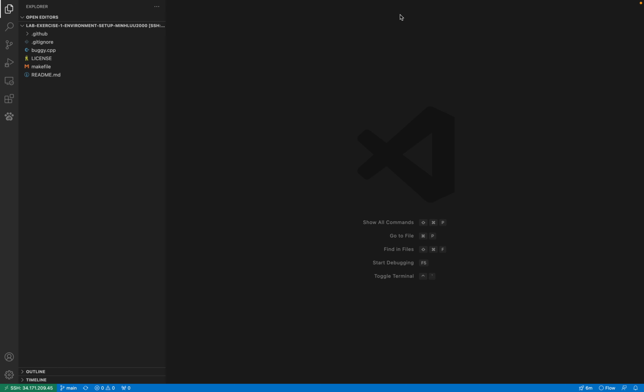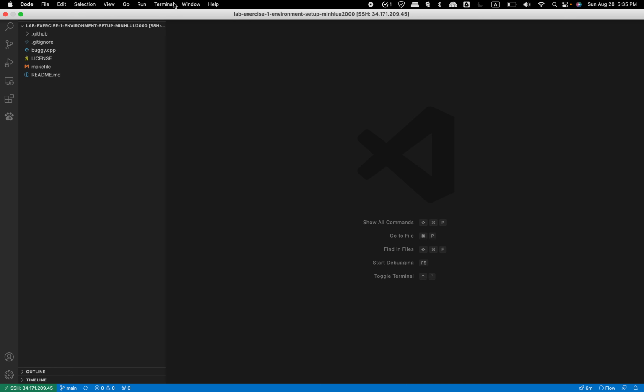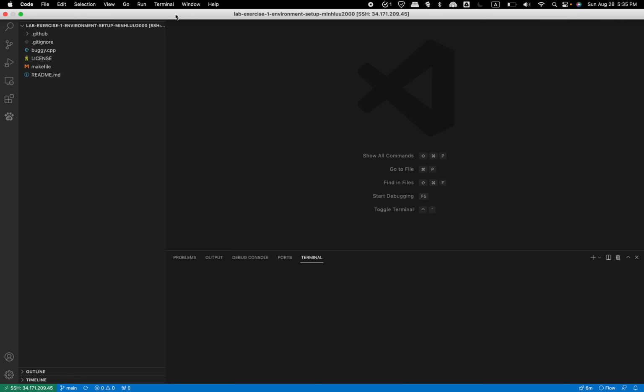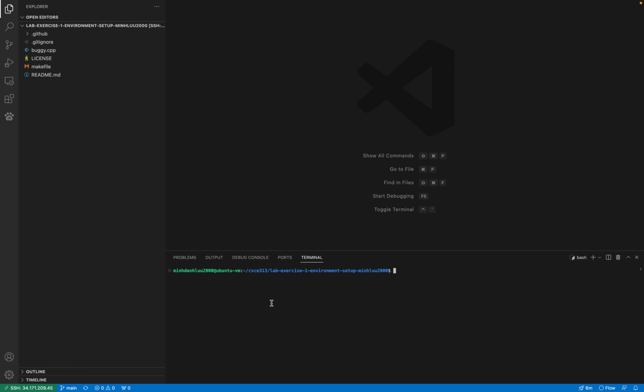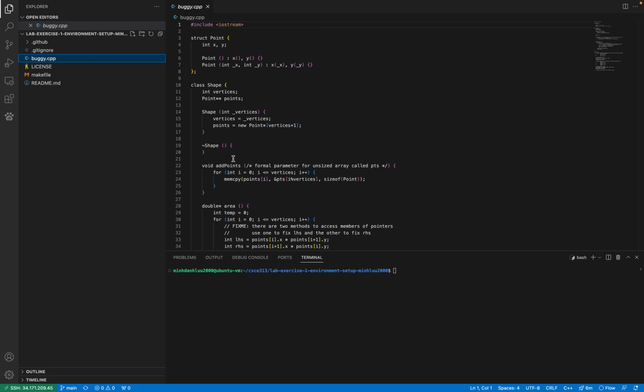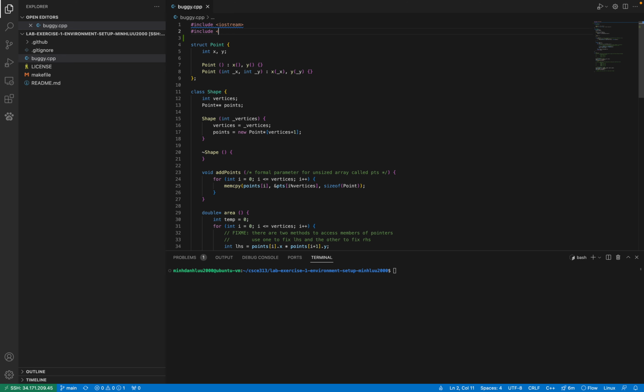Okay. So now you open the file. Now we open the terminal again, a new terminal. And in here, you play with the file a little bit. Let's say I fix something. Right here, I fix, let's say, include string.h. That's the first thing, and I make a change right there. You see when you make a change,